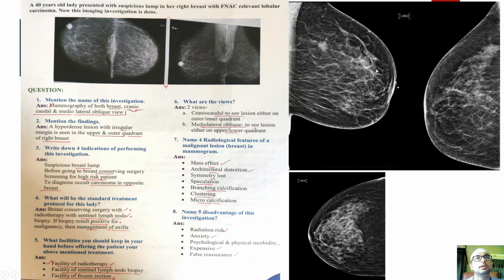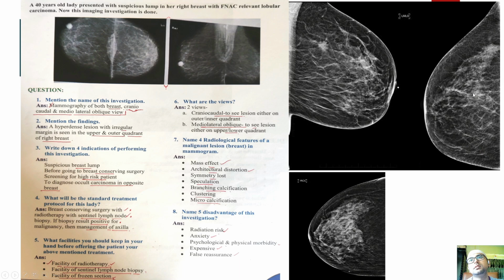Mass effect, you can see this is the mass effect. There should be another thing, mass. Architectural distortion, so you can see this is the normal and this is the abnormal. So architectural distortion happens, and the symmetry of the breast will be lost, and the spiculation. You can see this is the spiculation, this is spiculation here. So these are the